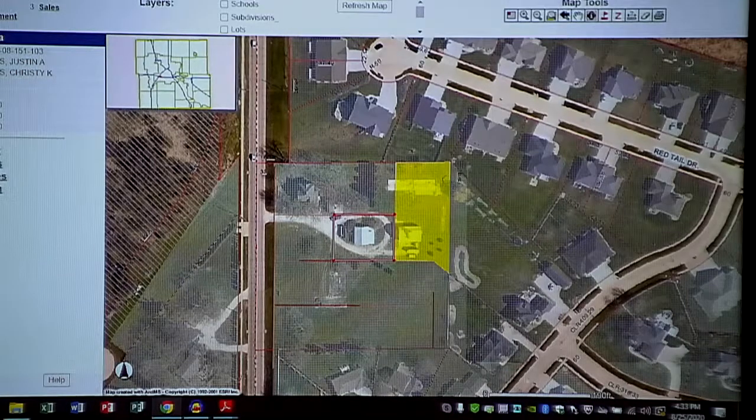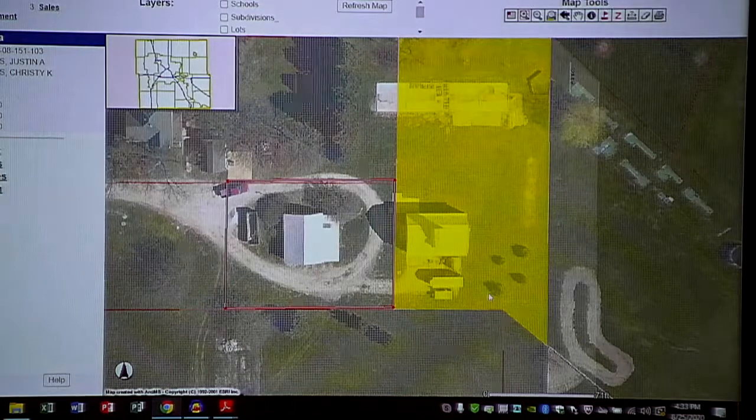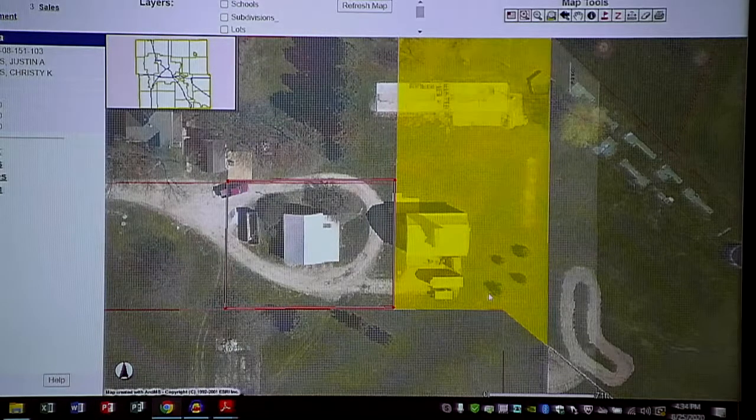So since you're here, Mr. Beckman, if you look here, see that red box around the building? That's approximately what's being sold off, and we'll go with that yellow, and then that yellow goes with Harbin. This is Schrader with staff. I'm not sure if that's clear,